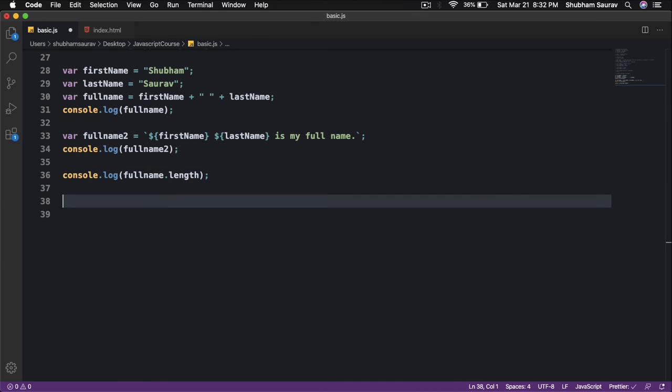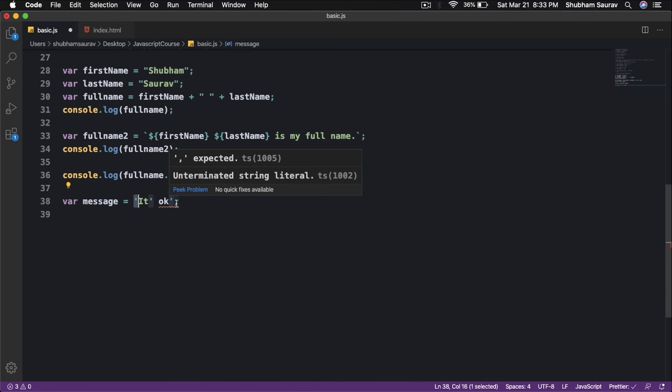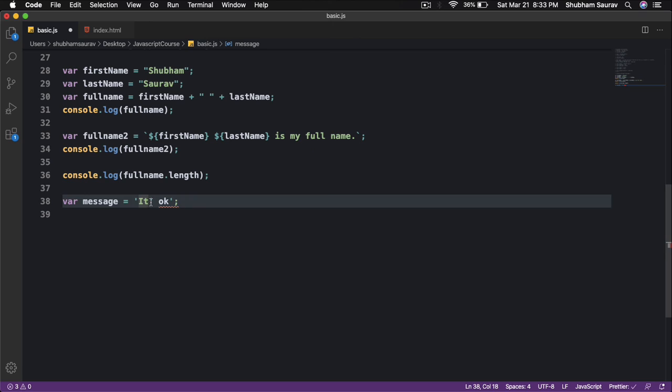Now I want to show you how you can add a special symbol in a string. To do that, we will create a new variable, var message, is equal to, and the message will be "it's okay". And the question is, why is this giving us an error? We have started this string with the single quotation and ended it with the double quotation, but why is this giving us an error? Well, it is giving us an error because we cannot use this symbol inside of a string, and to use this special symbol inside of a string, we need to use this backslash symbol, and then it will allow us to do that. So let's console.log this,